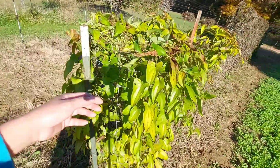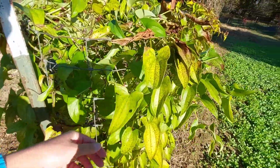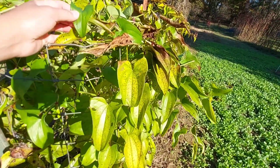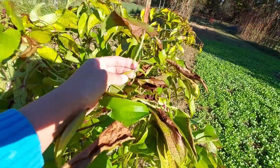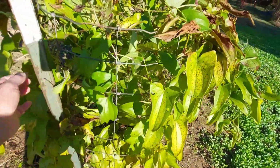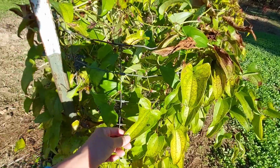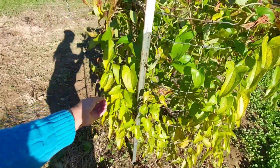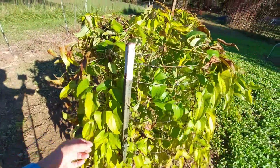But the leaves are a lot smoother and more elongated, as you can see. And the base of it is like purple. It's very different than sweet potato. But some people call purple yam sweet potatoes. Purple yam is actually different, but it's so easy to